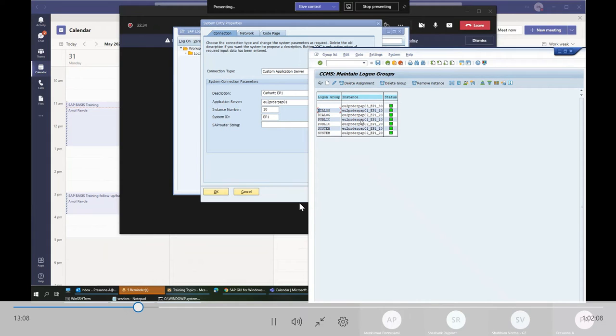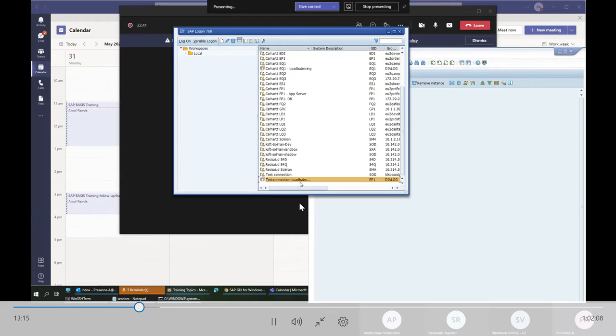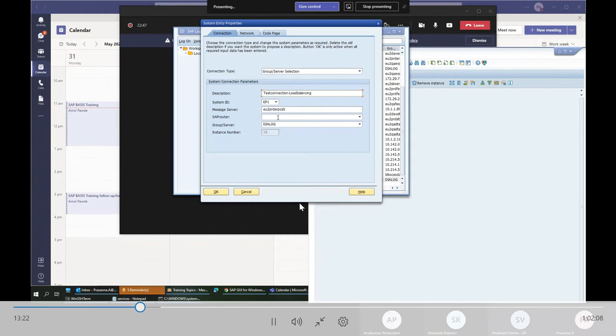So when I create a connection to use logon load balancing, and I choose dialog as the group server name, it will log into either 01 or 02 based on the load.